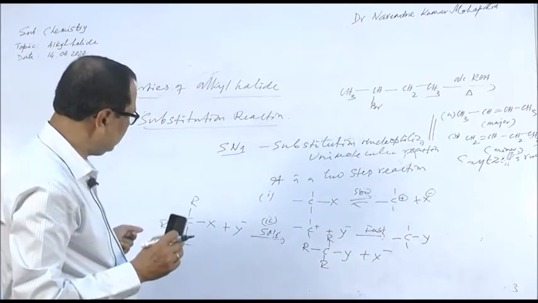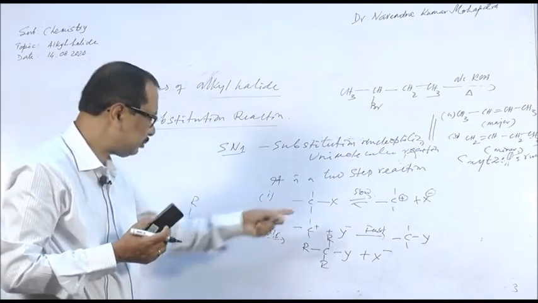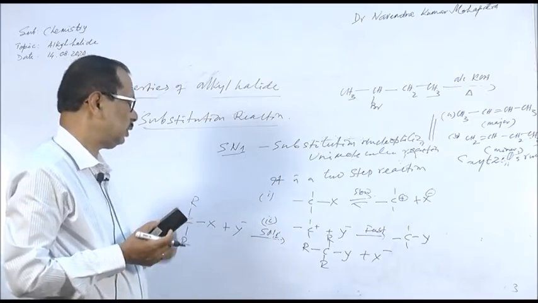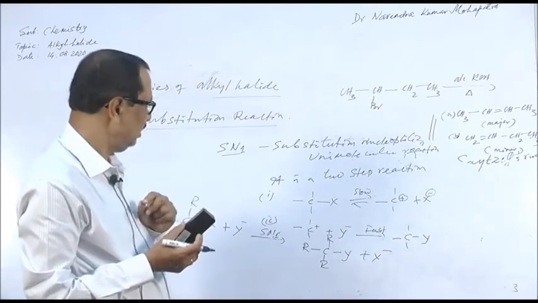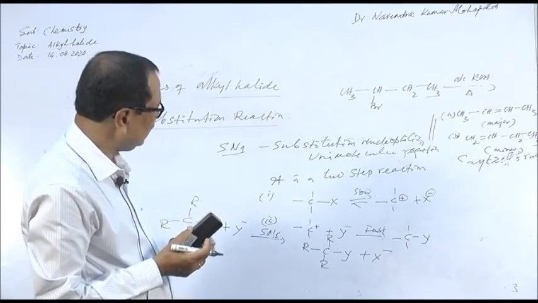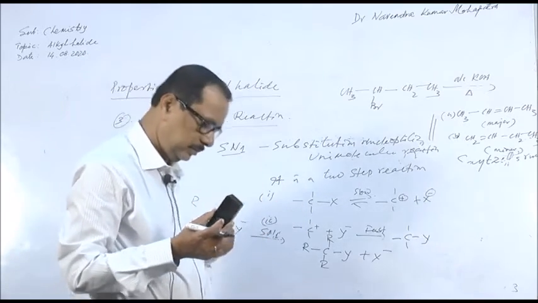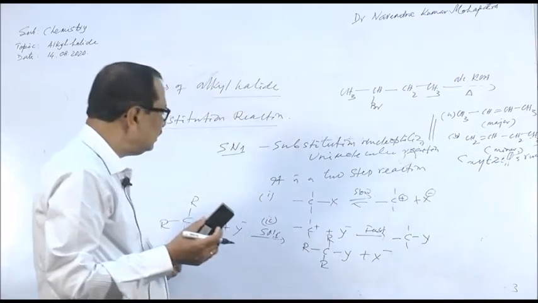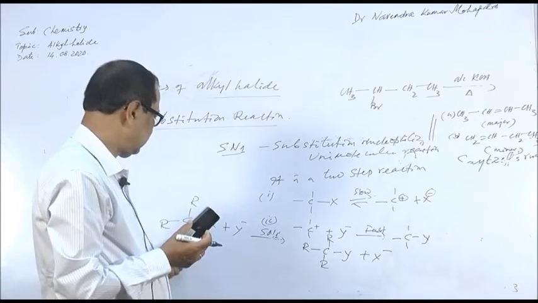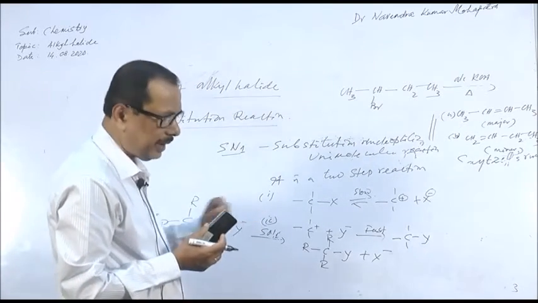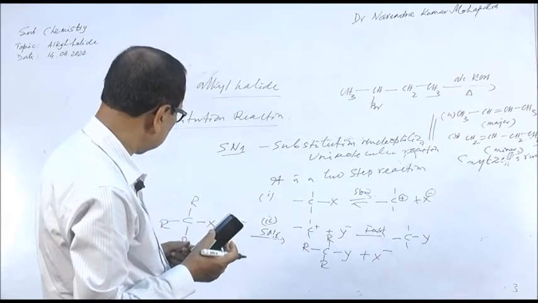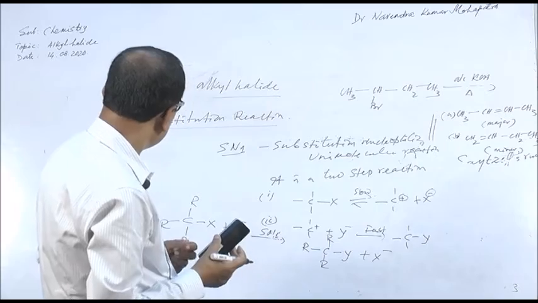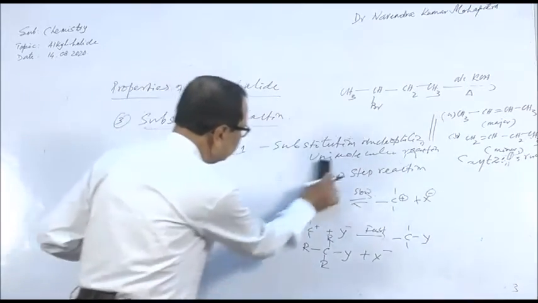Substitution nucleophilic unimolecular reactions are a two-step process, and this is the unimolecular reaction or first order reaction kinetically. Also, if the substrate is an optically active compound, the final product will be a racemic mixture. And the SN2 reaction is